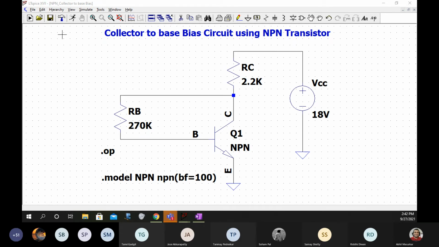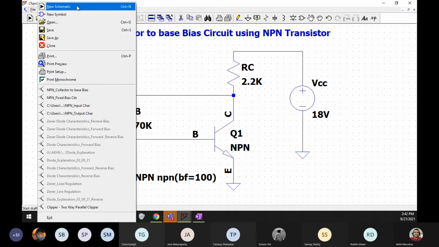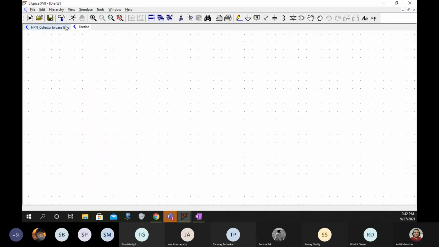Okay. Now let's see our final circuit, which is the potential divider bias circuit. So I'll just save this schematic.